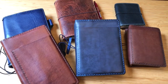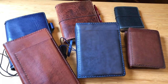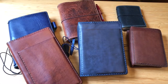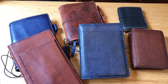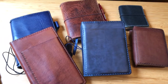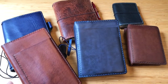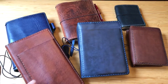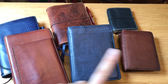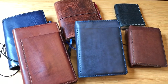I wanted to share with you today a traveler's notebook collection that I have from a different maker and compare it to a couple of the Chic Sparrows that are either in the same or similar sizing, just so that I could share with you something that I'm loving and enjoying in case you are curious about how it compared. So these three notebooks in the front are HandstitchedleatherT, which is a traveler's notebook maker who is on